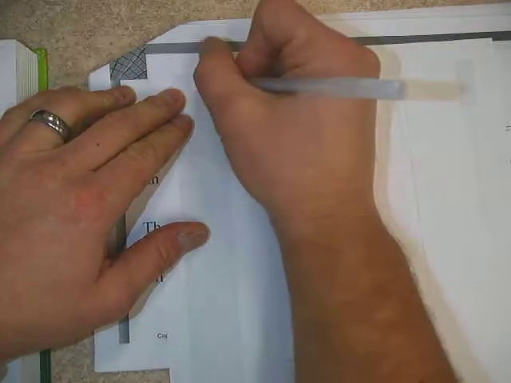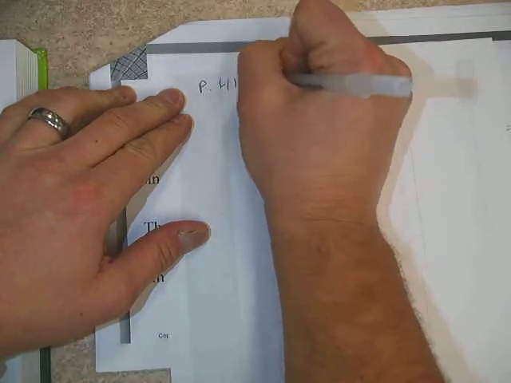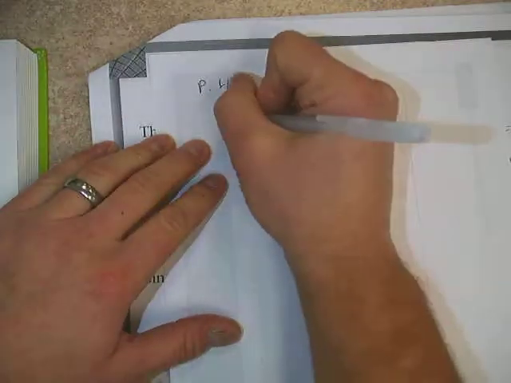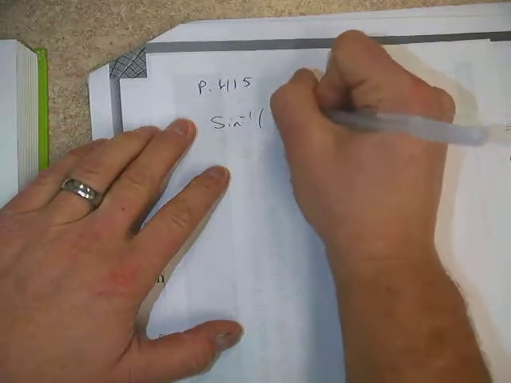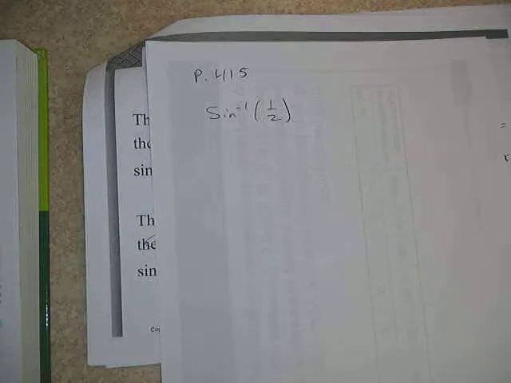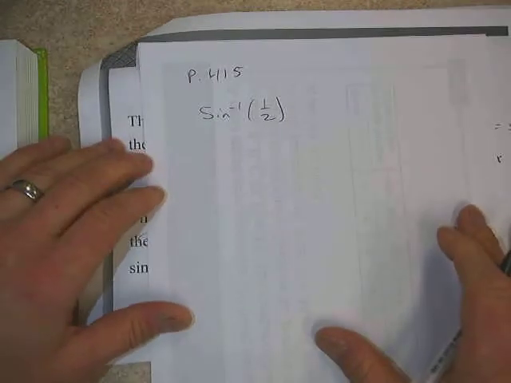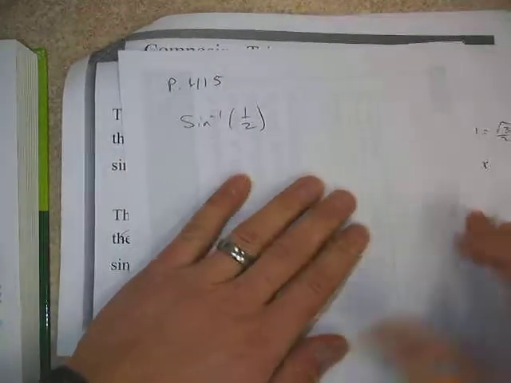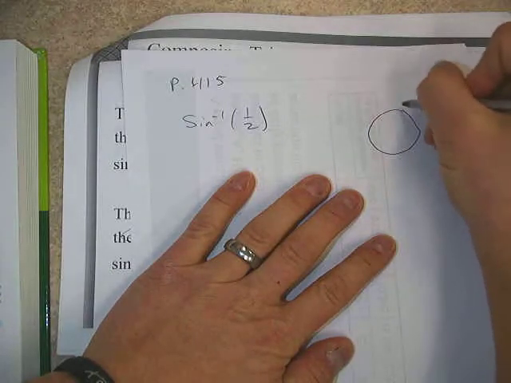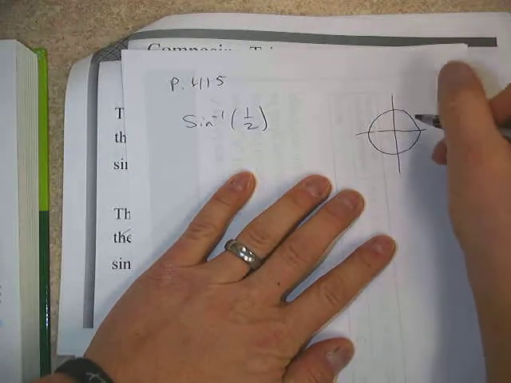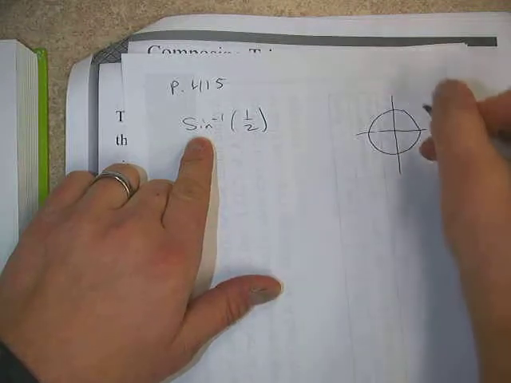Okay, we're going to look at page 415 in your book. We're going to see a couple more problems that look similar to the ones that we just discussed. We have, first of all, sine inverse of 1/2. I'm going to give a couple more examples of using the sine inverse. Once again, unit circle, because 1/2 is a nice number. Sine would be 1/2